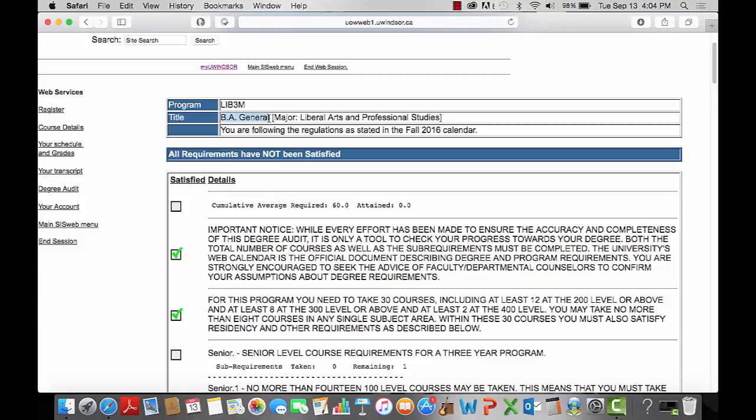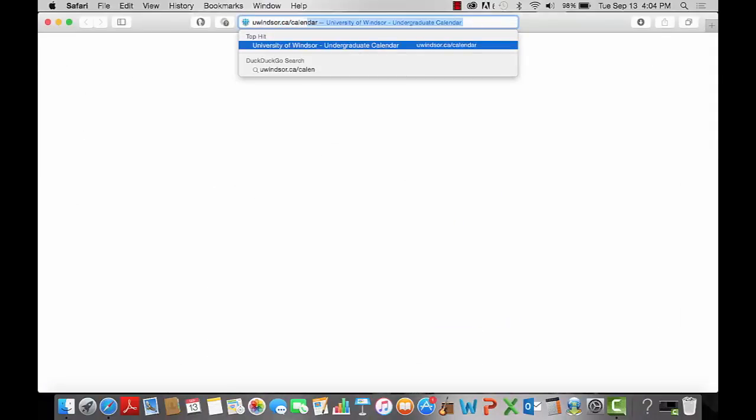General means that it is a 3-year program, and the major is Liberal Arts and Professional Studies. The third line indicates which calendar you are following. So this particular degree audit is following the degree regulations for the Fall 2016 calendar. The Fall 2016 calendar can be found by going to